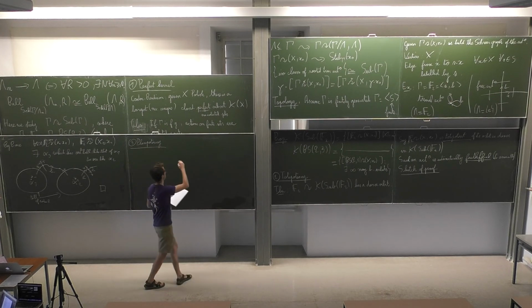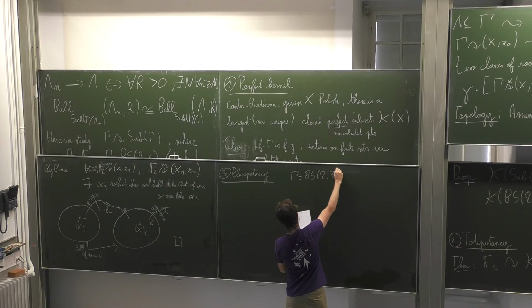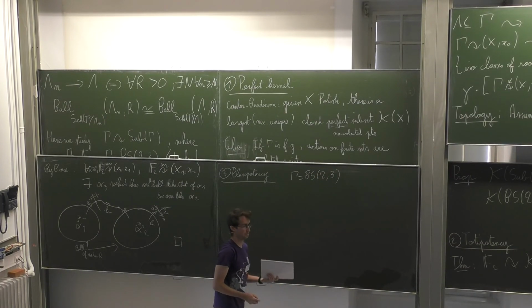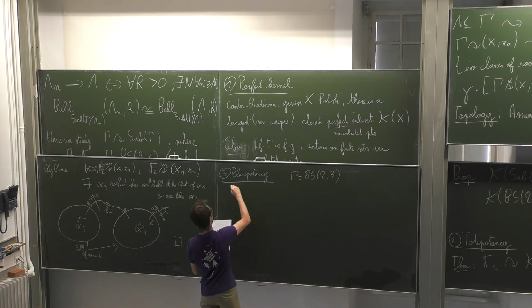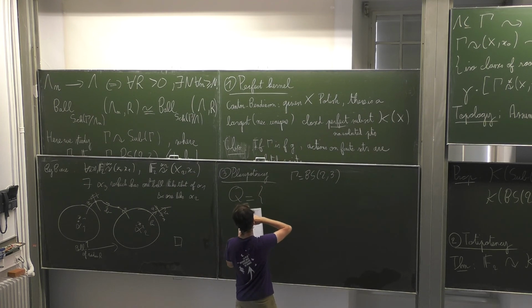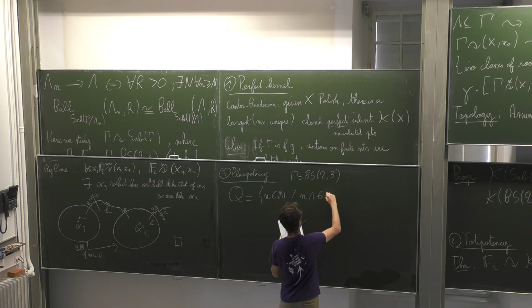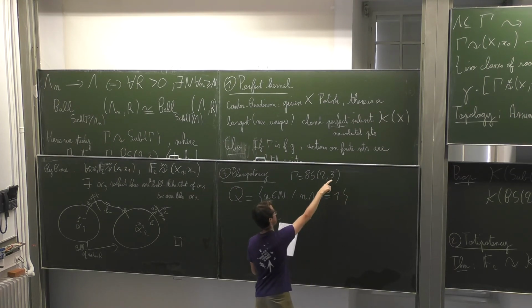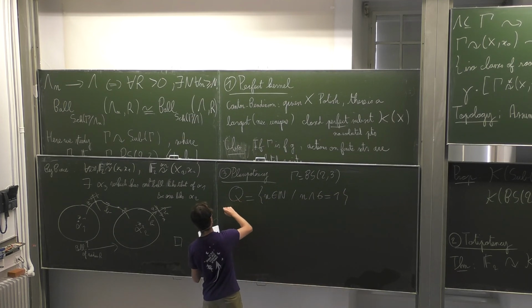I will focus now on gamma being BS(2,3). And here we get a different phenomenon. I just need a bit of terminology. I will denote by Q the set of integers n such that n is prime with 6, which is the product of 2 and 3. And then what we show is